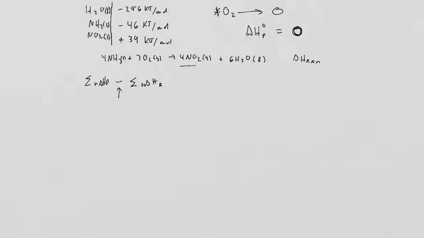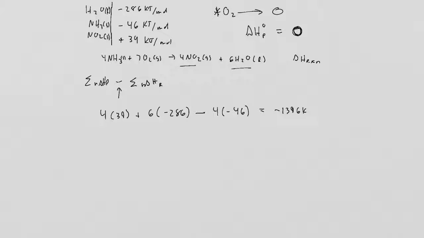So you're making 4 NO2s and 6 waters. So you go 4 times 39 plus 6 times negative 286, and then here comes the negation, because we're now down to the reactants, and the oxygen's not included, but the ammonia is. So how many ammonias? There's 4 of them. You go 4 times negative 46. When you do all the math here, and it's kind of easy math to do, simple unless you make silly mistakes, you end up getting a value of negative